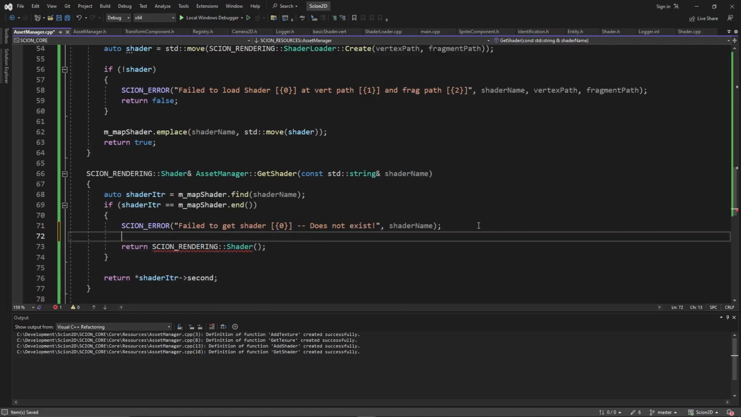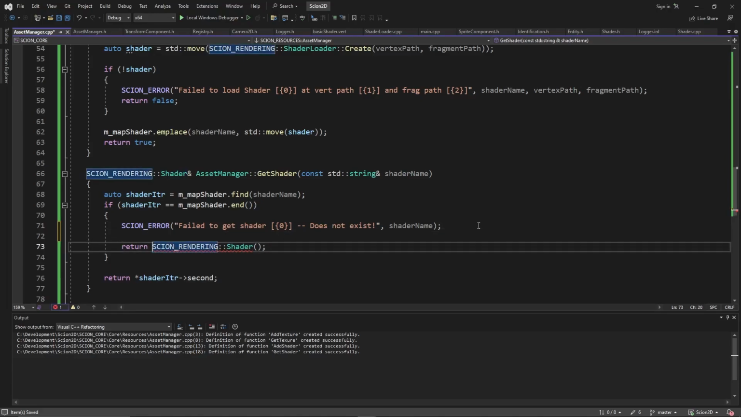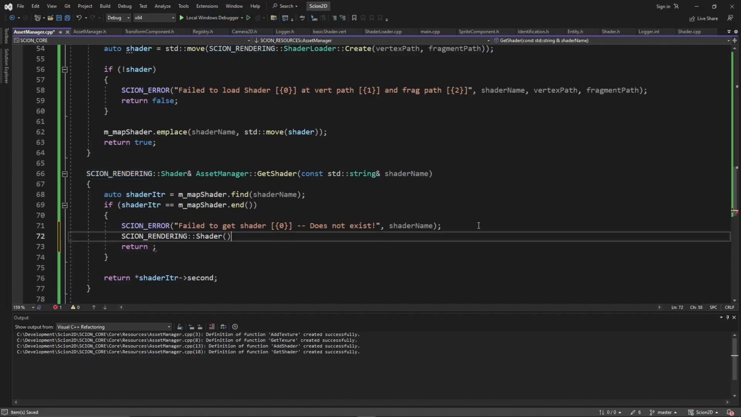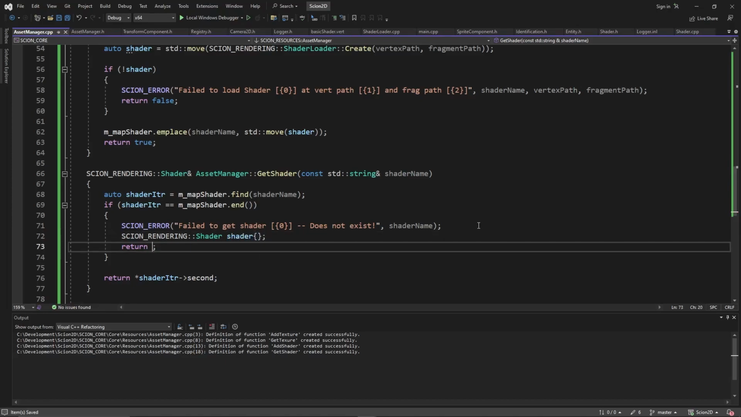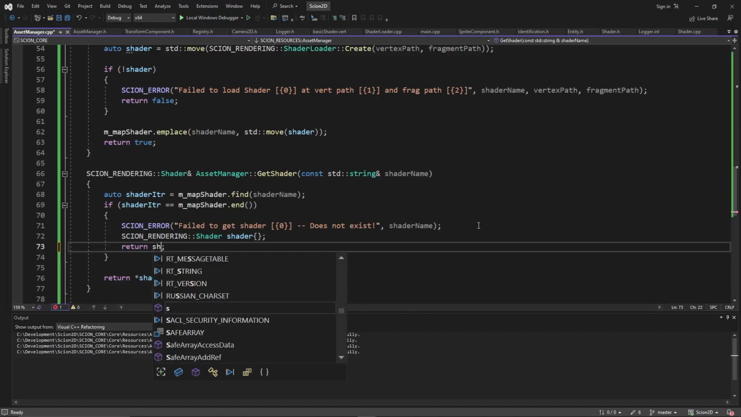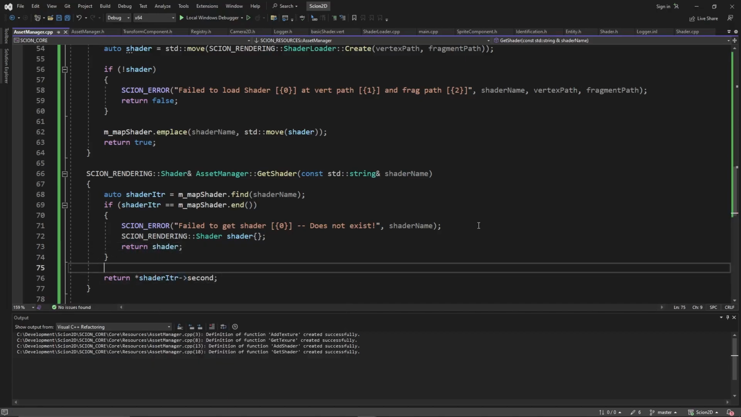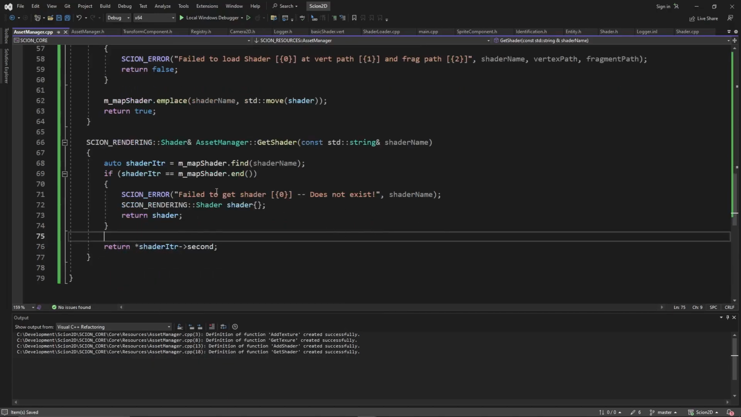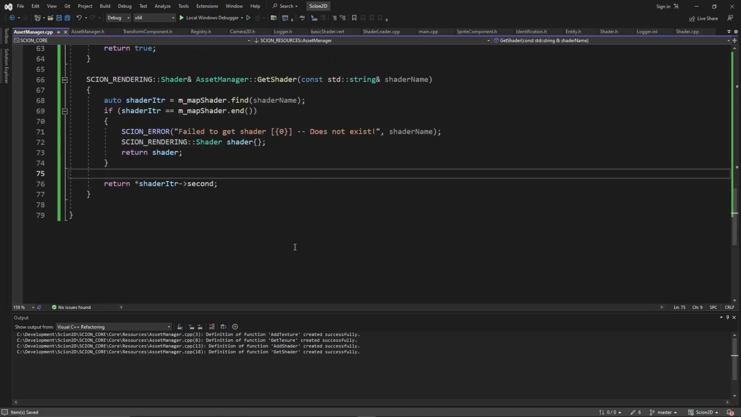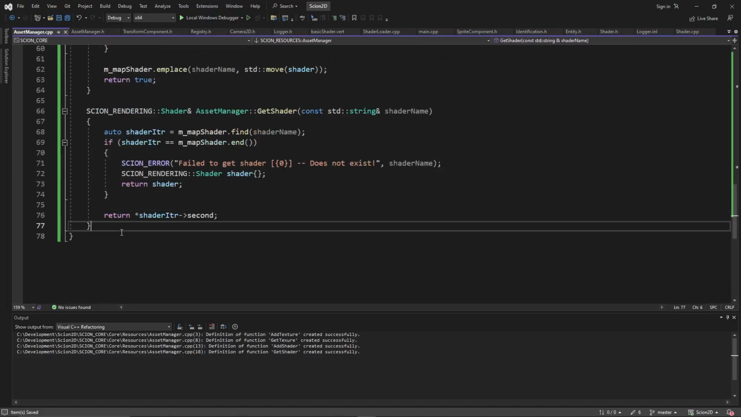So we need to go, let's take this, and just return the empty shader. And then here we're returning the shader iterator. Do we have that all? Map shader, shader, good. So that should work. So now let's go to our